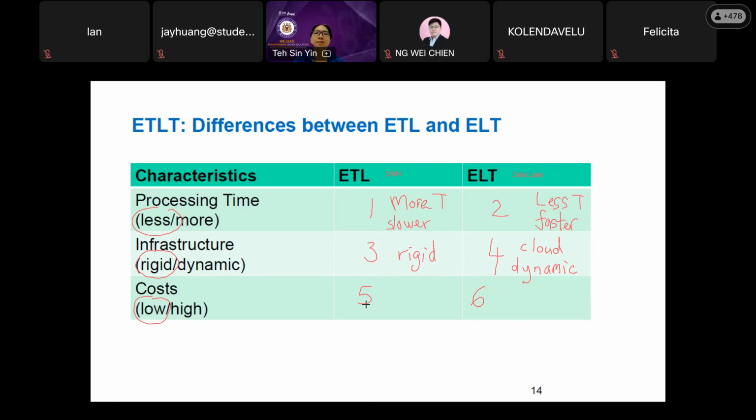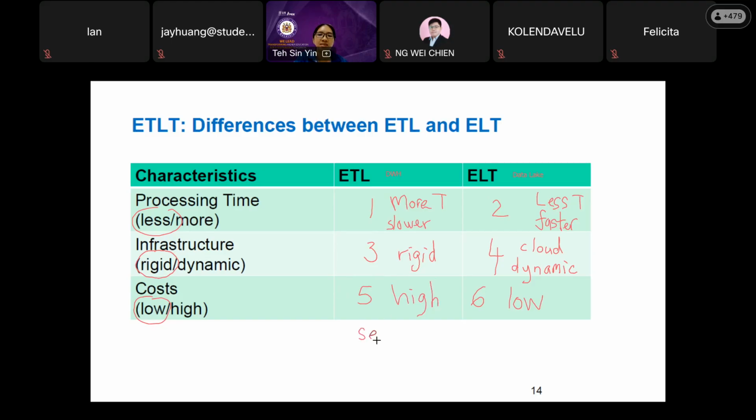I know time's up, just give me a few minutes. Very good answer, majority of you answered correctly. ELT is low cost, and ETL, the data warehouse one, is higher cost. So why is ETL more expensive? As I told you just now, you need a physical place to put it.